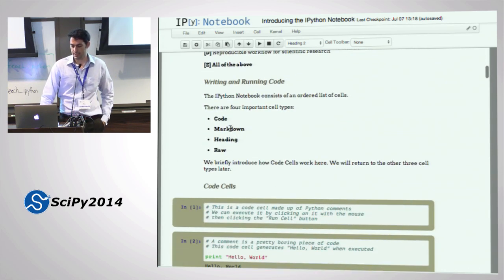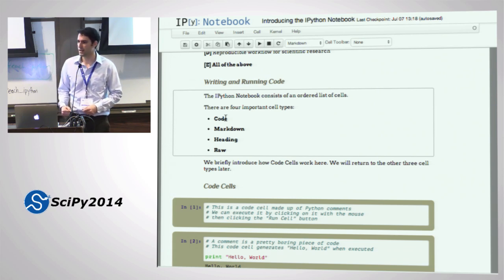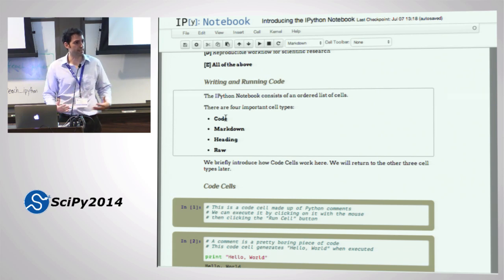Okay, so that's heading and Markdown and code. Raw cells are cells that you do not want IPython notebook to do anything with, right? So think about what these cells are. Code tells the IPython notebook that this is code that should be executed. Markdown tells the notebook that this is Markdown formatted text, and I want you to turn this into HTML so it's nice and easy to see and pleasant. I can embed images and such. Heading says, well, this is a heading. Raw says this is not something for you.